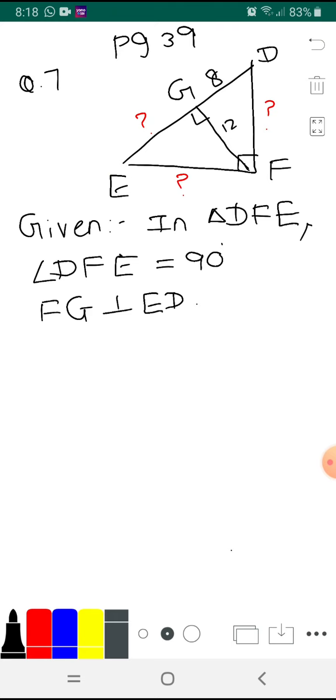DF. Now, from the given information, it is already given that it's a right angle triangle, that is, angle F is 90 degrees, and again FG is perpendicular. These two conditions are already given. Okay, so then we can apply the geometric mean theorem. Therefore, by the geometric mean theorem,